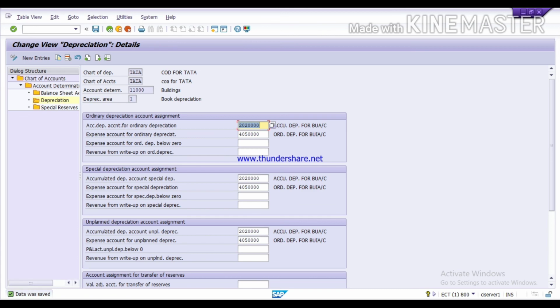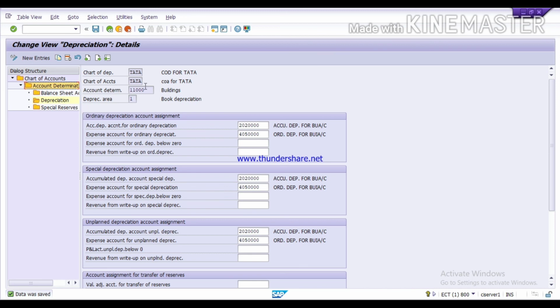Now the data was saved. In a similar manner, for each asset class you have to create an account determination, and in this step you need to select all the account determinations one by one, and under each account determination you need to assign the GLs. First you need to assign GLs for balance sheet accounts, and then you need to assign the GLs for depreciation.